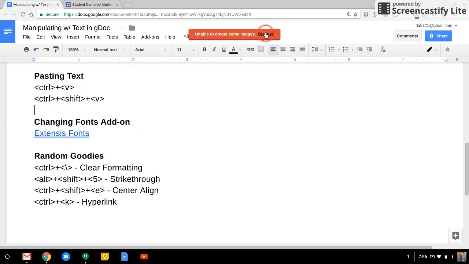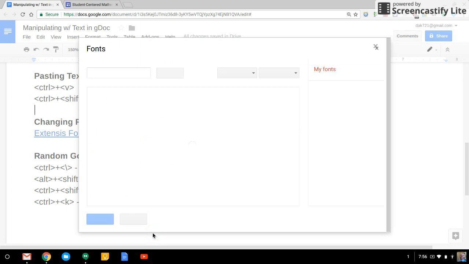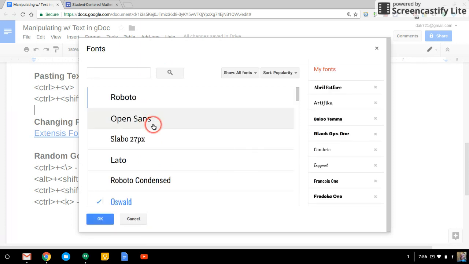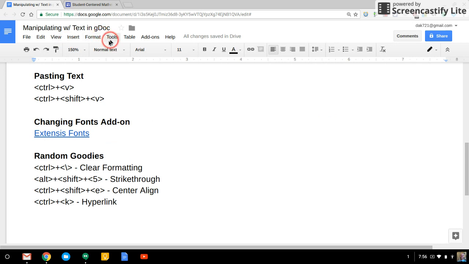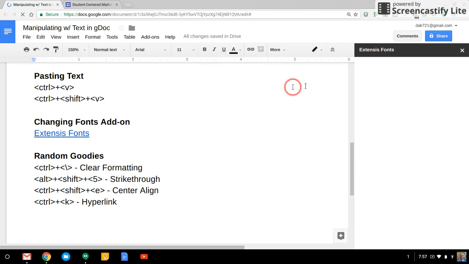Working with fonts, you can go up to the font selector here and go to more fonts. The problem is you're looking at one word with the font size, and when you apply that to an entire paragraph, you're working back and forth, and all of a sudden you're like, this doesn't look so great. What you could do is install the Extensis Fonts add-on. So if you go up to add-ons and go to Get Add-on and search for Extensis Fonts, I already have it installed here. And what it does is it opens up a sidebar